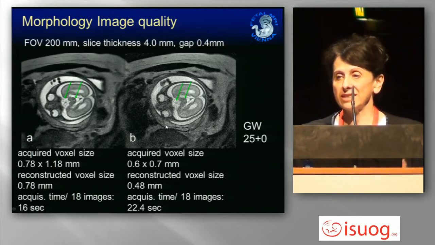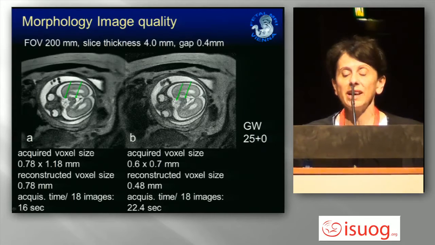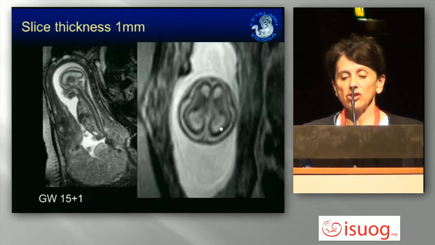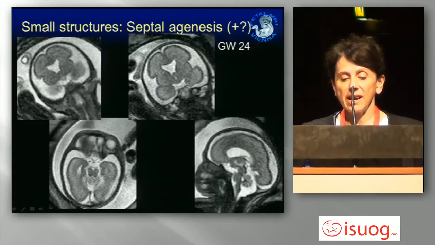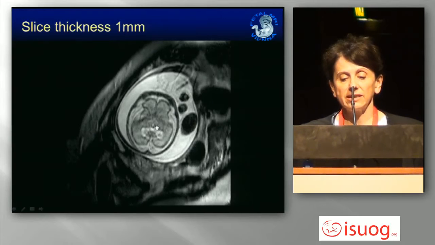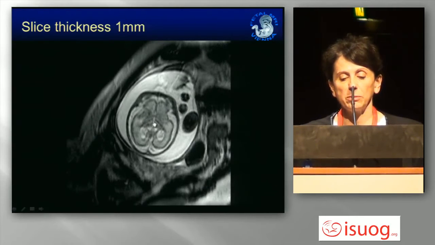All that is a consequence of the use of the correct or not correct parameters. Of course, please don't read this if you're not a radiologist. I just wanted to show you that it really makes a difference when you know what you are doing. And of course, we are also using thin slices, 1 millimeter. You see the quality is not so good, but sometimes this helps. For instance, here you see the septum is missing. Now you want to know more about the chiasm, and you see it's asymmetric, with an atrophic or hypoplastic side on the one side. So this is probably septo-optic dysplasia, and if you are lucky, then you really get the information out of the 1 millimeter slices.